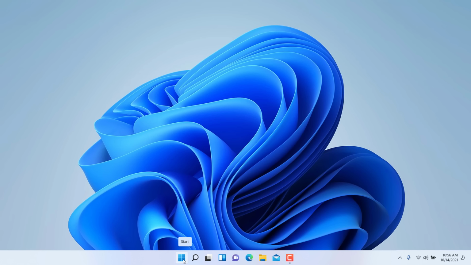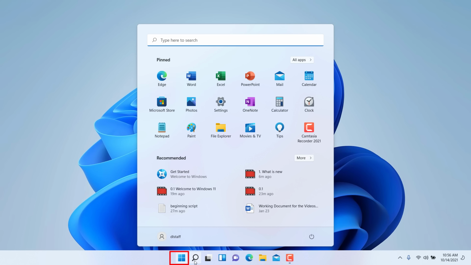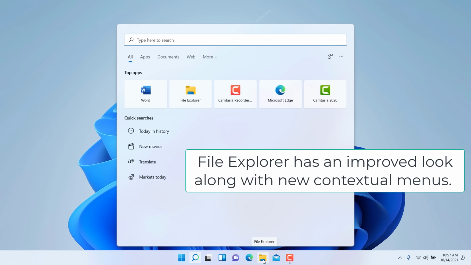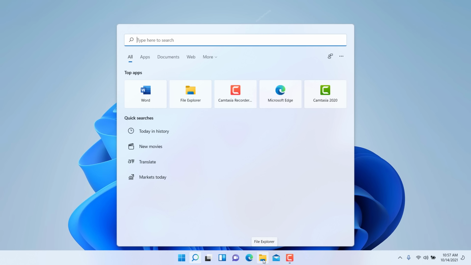So by default, typically you have the Start menu here, the Search option, which is very heavily integrated and a very major improvement in Windows 11. You have the virtual desktops, and I'll get into more later as to how that works. The widgets, and then you have the integration of Microsoft Teams, chat, and video conferencing as part of the operating system, getting to the web using Microsoft Edge, Windows File Explorer, which is traditional. It has been as part of the taskbar, but it's just in a more logical order,